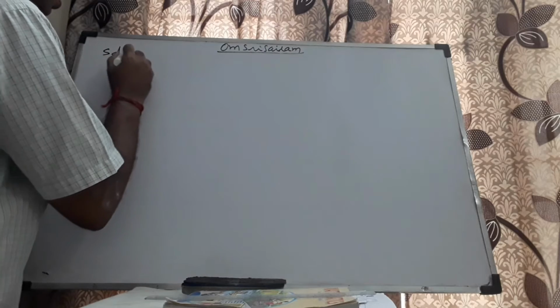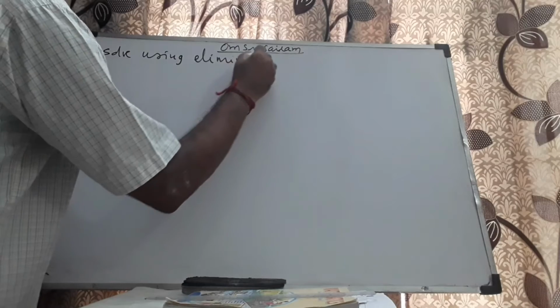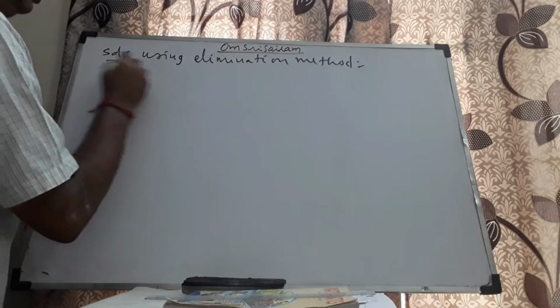In the previous video meant for class 10 of CBSE, we have seen how to solve a system of simultaneous linear equations using the elimination method. We'll do one problem in the elimination method and proceed with the solution of such equations using the substitution method in this particular video presentation. I'll take one example and solve it using the elimination method, just as a recap.